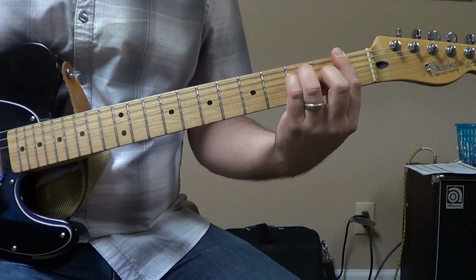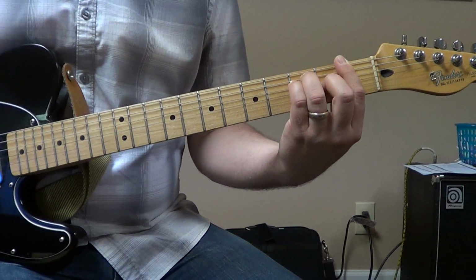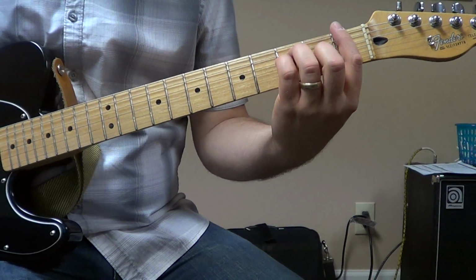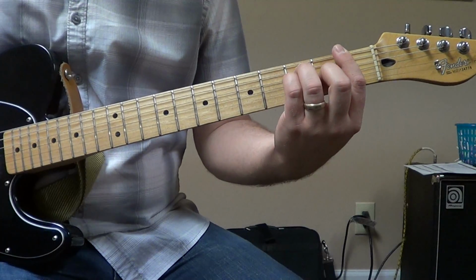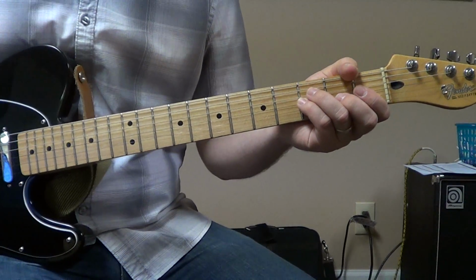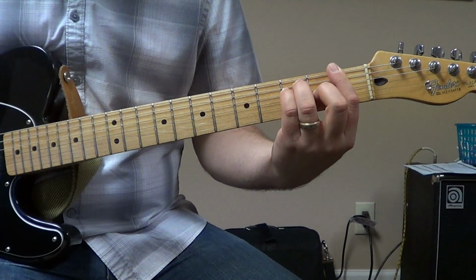From what I've learned as a guitar teacher, the F chord is the biggest hurdle guitar students face. But you need to understand that once you're able to play a bar chord, it opens up thousands of chords that you can play once you're physically capable of doing that. Today we're going to talk about two families of bar chords. We're going to talk about E shapes, which this F bar chord is an E shape,